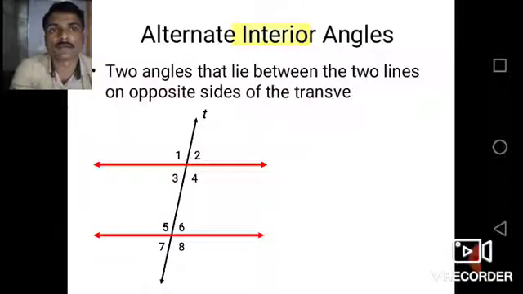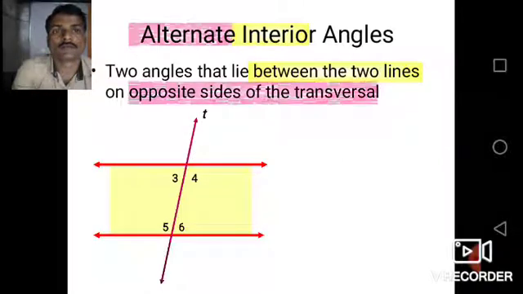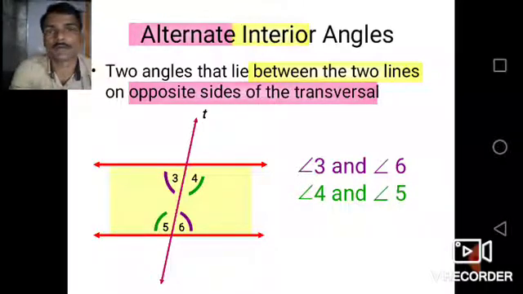Alternate interior angles lie between the two lines on opposite sides of the transversal. This is the interior part of the two parallel lines, and opposite sides of the transversal is nothing but alternate. Angle 3 and angle 6 is a pair of alternate interior angles, and angle 4 and angle 5 is another pair